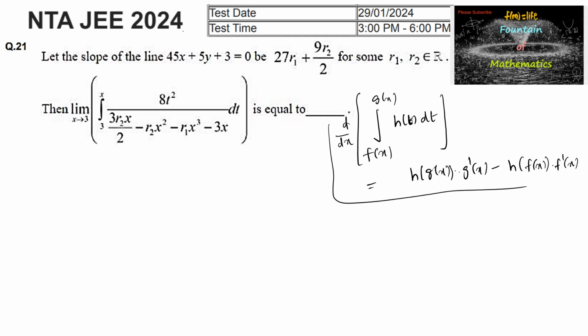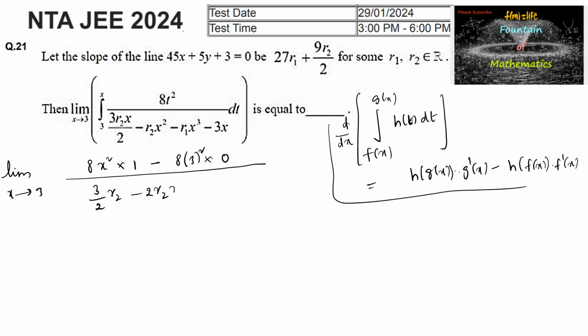So by applying this concept, we can write here the numerator part, limit x tends to 3, differentiating here 3 to x, we can write 8t square, or 8 times x square into differentiation of x is 1, minus 8 times 3 square into differentiation of constant is 0, divided by differentiating the denominator, we'll have 3 by 2 times r2 minus 2 times r2x minus 3 r1 times x square minus 3,